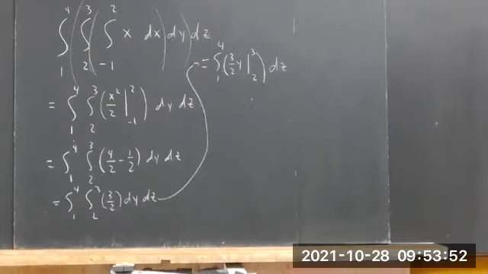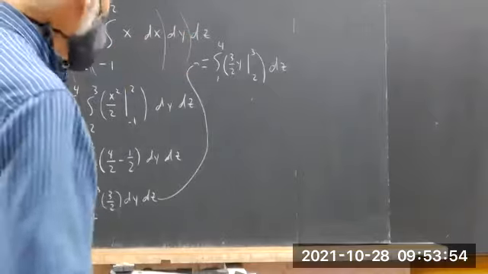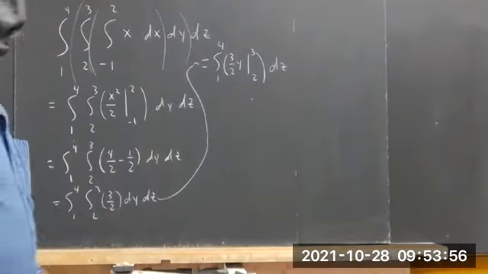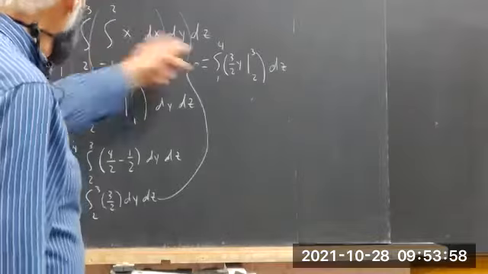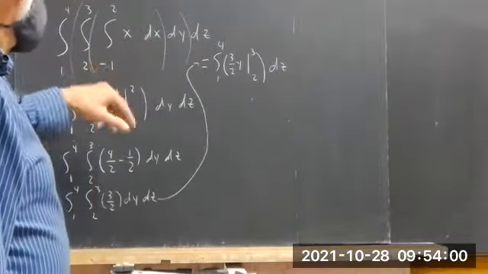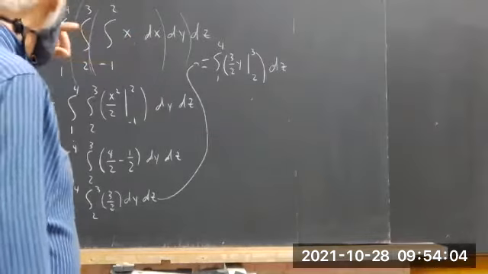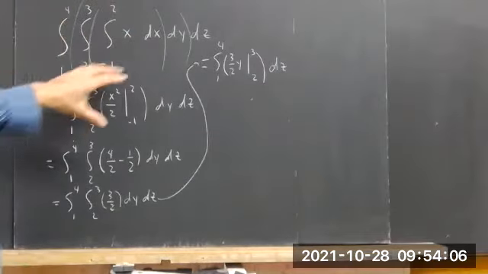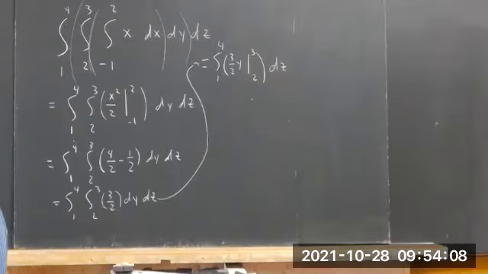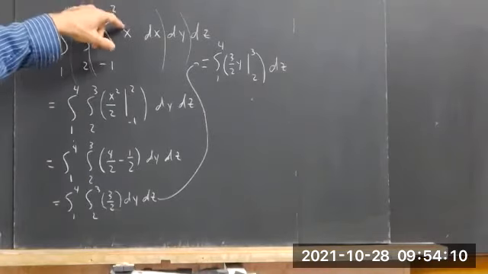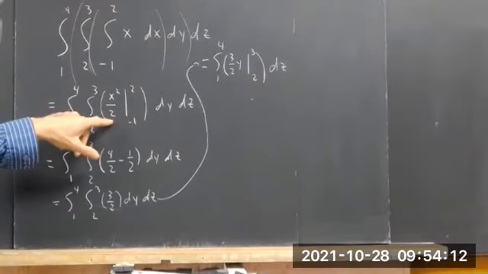Okay, have the example of a triple integral. It's just like a double integral, except you got three of them. So the inner integral, you integrate from -1 to 2 of x dx. So you don't need to look at anything else. We just rewrite the integral, but replace the integral from -1 to 2 of x dx with what that integral